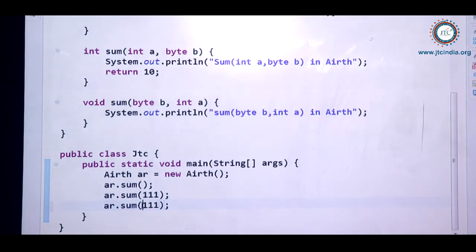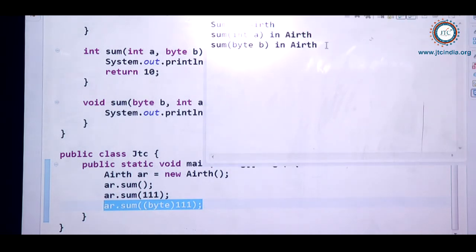So why is the byte one not going to be called? I must typecast it. When I typecast, I make sure that it is a byte type of variable. Since it is a byte type of variable, sum of byte of b inside the Arithmetic class is going to be called, right?